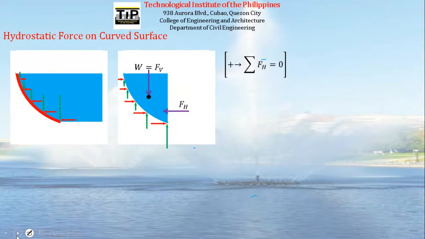We can use the equilibrium equations to derive the formula for F sub H and F sub B. Now for F sub H, it's similar to the F sub H for a flat surface. Pressure is equal to the derivative of the force with respect to the area, dF over dA. Now cross multiplying this dA onto this side,